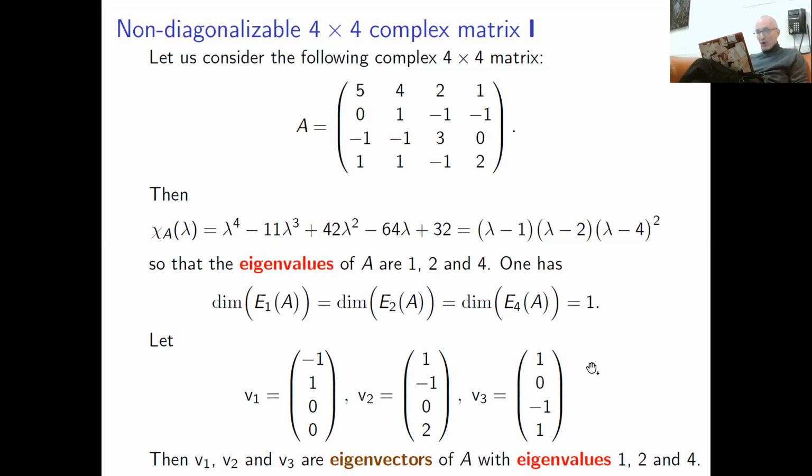So the problem for diagonalization is that for eigenvalue 4, I couldn't find the second vector. I need another eigenvector with eigenvalue 4, linearly independent with v3. But I cannot do this because all of these eigenvectors live in this space, which is one-dimensional. So any two of them are going to be basically scalar multiples of this vector. Okay, so we almost succeeded. We're just missing one vector. And then we can play some game. Let's just play some game. We say, maybe we can just put here some arbitrary vector and see what happens.